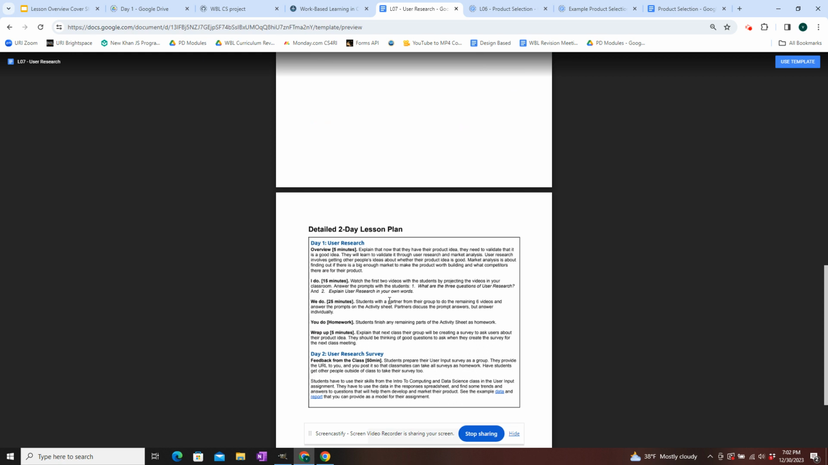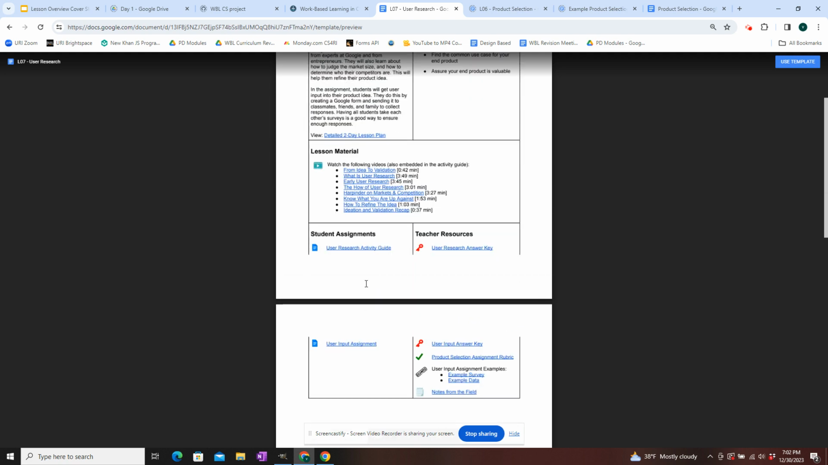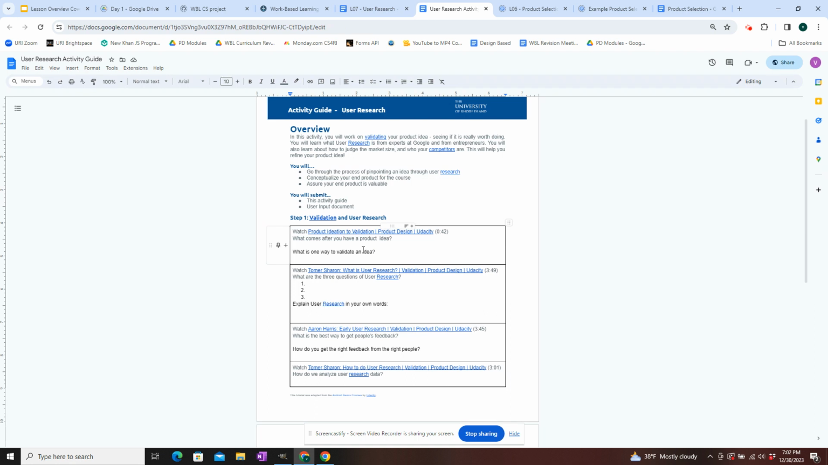You can see that on day 1, students watch the videos using, again, the I do, we do, you do approach in filling out an activity guide. We can scroll up and take a look at the activity guide here. The activity guide consists of them answering questions based on the videos they watched,